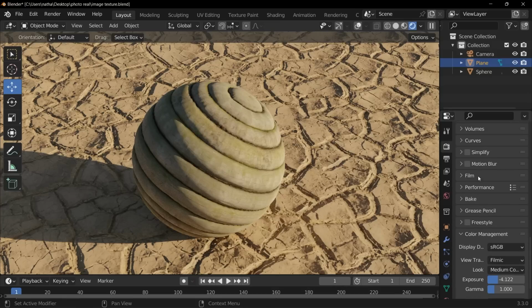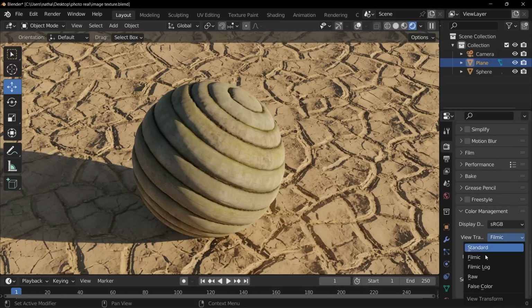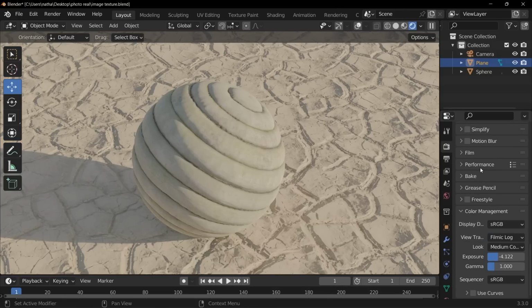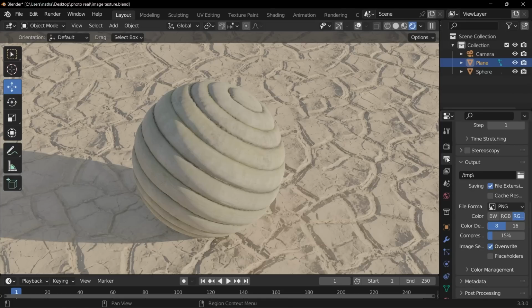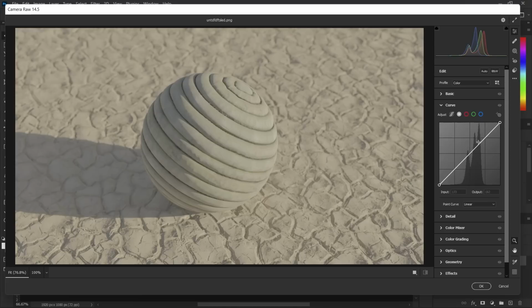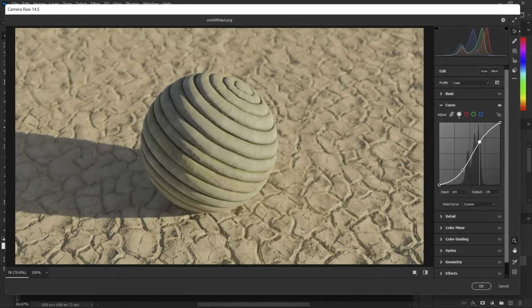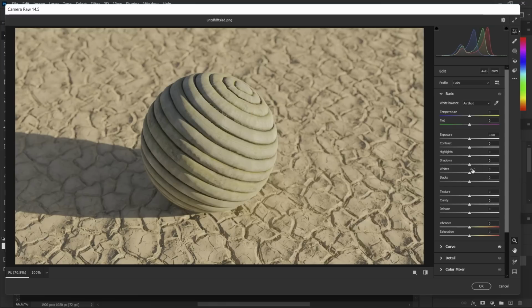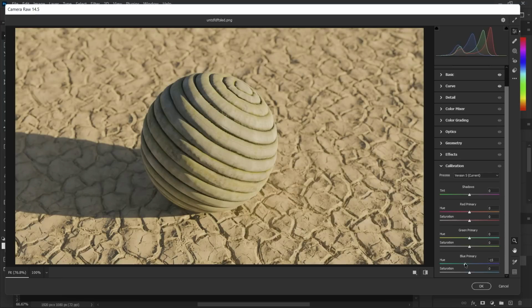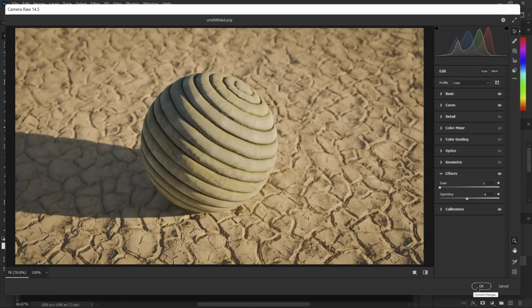And it's render at Filmic Log with your color space. It's going to make everything go from contrasted to super flat, and make sure you are rendering it at 16-bit if you choose to do this. I'm looking for control. The reason I do this is I don't want to have to worry about every single thing in my viewport because things have to render in the viewport. So if I can focus on color in post, and I do it in Photoshop, I can focus on how does it look in the real world,